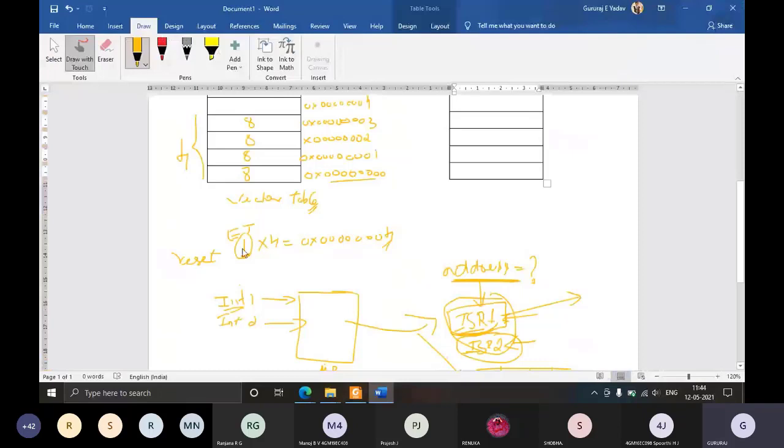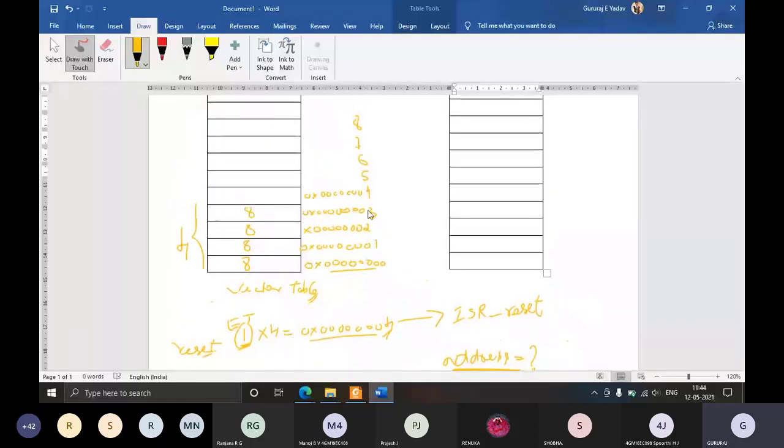So into 4, so this is the value. So in this location of the vector table, you will have the starting address for the ISR of reset interrupt. Okay, you will get the starting address of the ISR that should be executed whenever reset interrupt takes place. So where is this location? It is in the vector table. So we shall identify that location. This is 0, 1, 2, 3, 4.